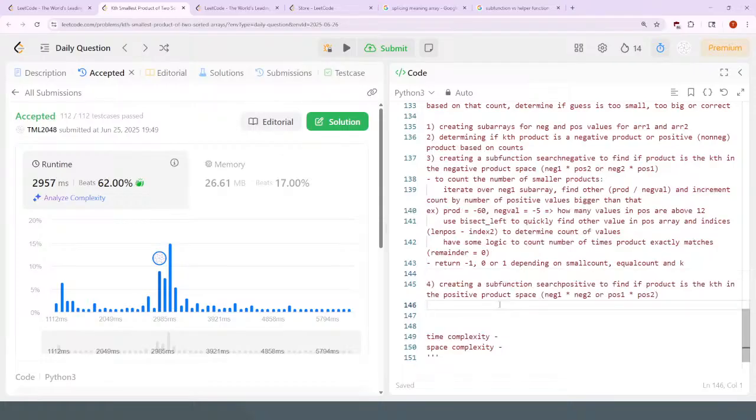And then this next one is very similar to the previous, probably more difficult because the previous one was just negatives times positives. This one is particularly negative times negative or positive times positive, and that's a kind of different case. This has special handling for zeros,